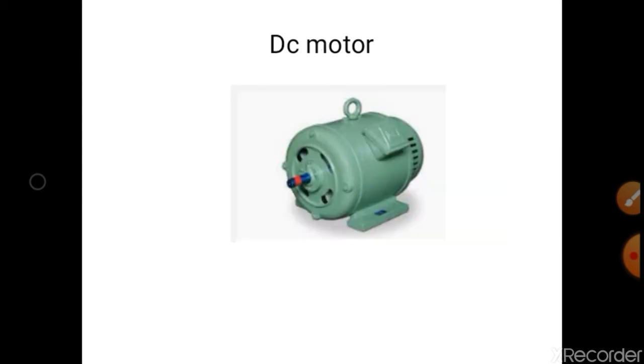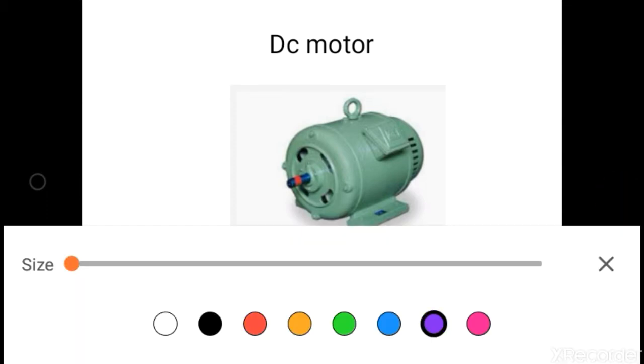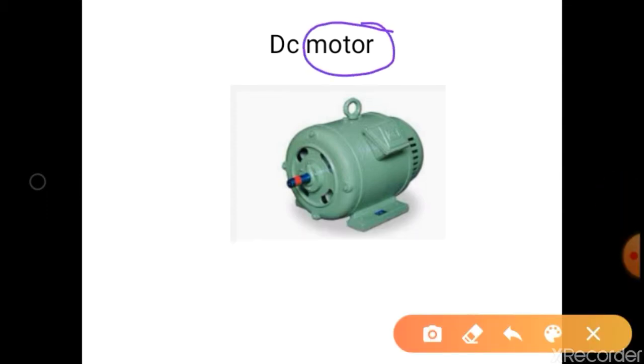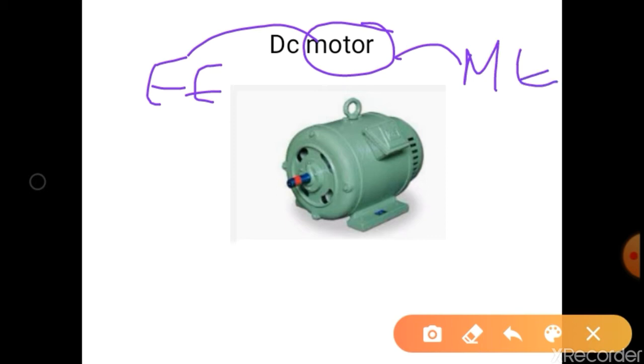It is the DC motor. You might have heard the word motor. A motor is a machine which converts electrical energy into mechanical energy. The best example for the motor is the ceiling fan, which is used in household applications. So how does this motor work? By giving electrical energy, how is that converted into mechanical or rotational energy?